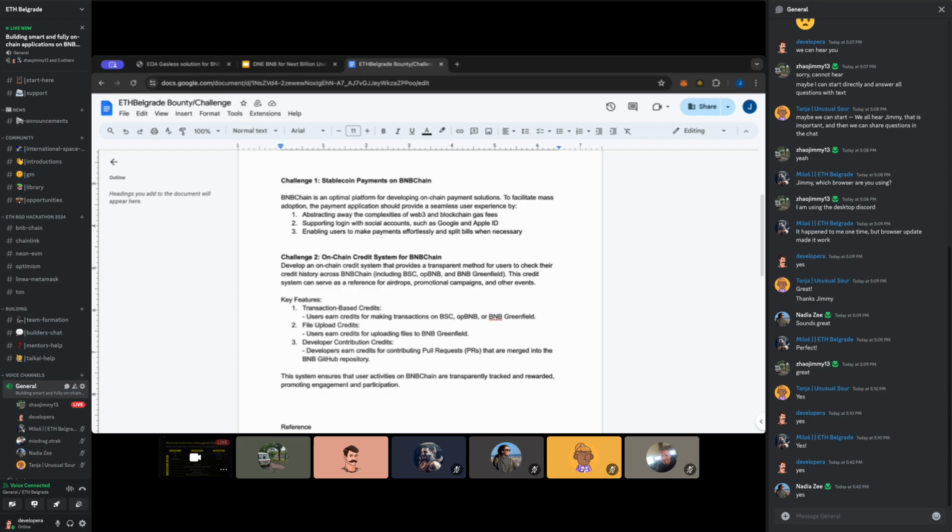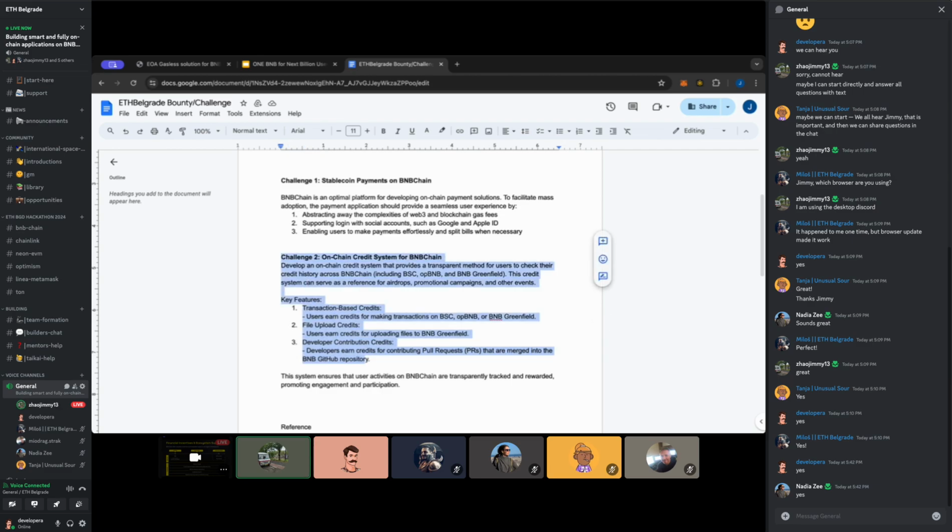Another thing I want to highlight is that developer contribution should also be included. For example, if I define a list of repositories and anyone contributes to a repository of the BNB chain, this kind of effort can also be counted toward the credits for a future airdrop. So this is challenge number two.